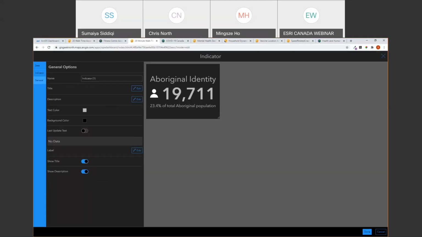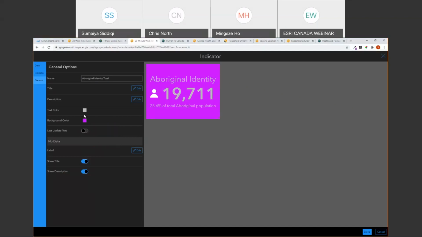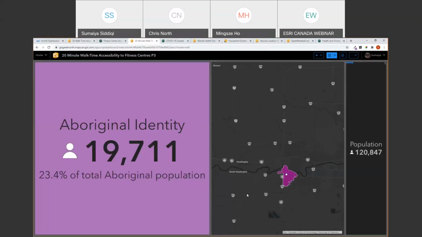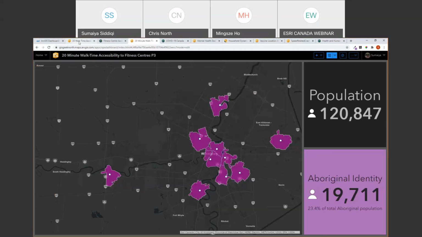And now in my general tab, I will add that name again. I can also change my background color. So let's say this, or if I have a specific hex code, I can take that and use that. And I'll change my text color to give it a little bit more contrast. Okay, so I'm just going to drag this item under here. If we go back to our dashboard,